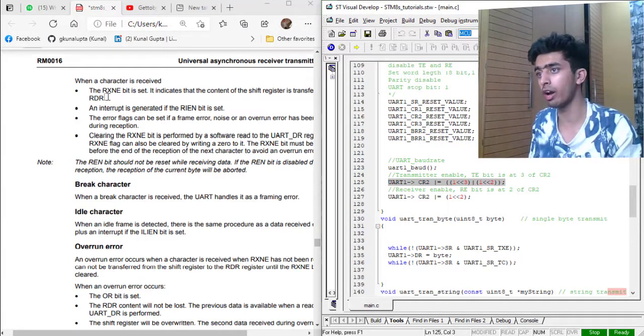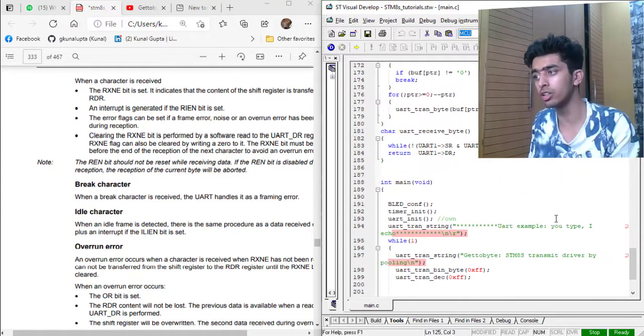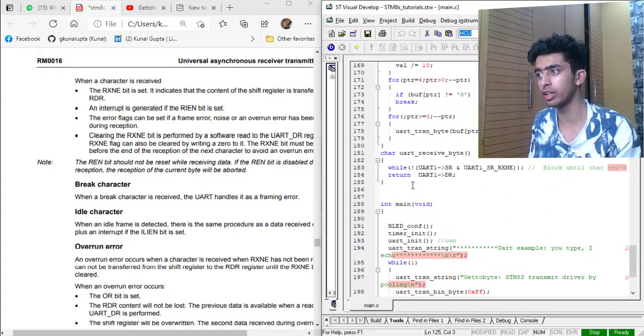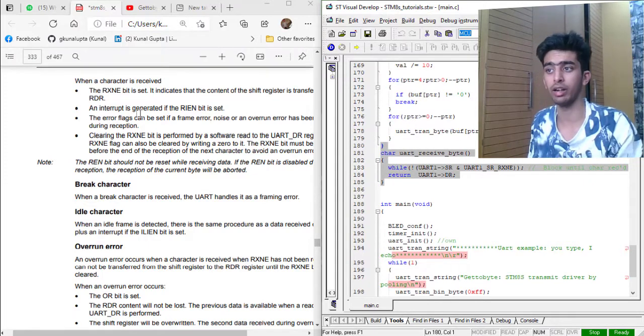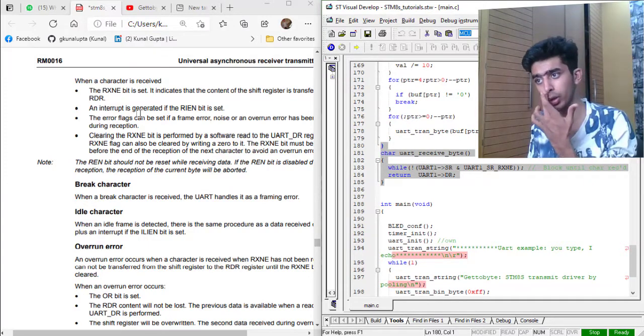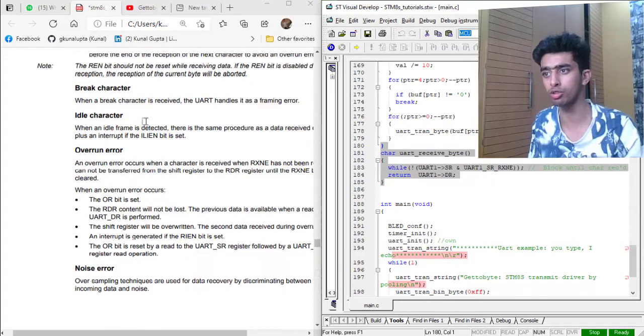Then I will read the data which I get on the UART receiver part. And if we have enabled the interrupts, then the corresponding interrupts will also be invoked.